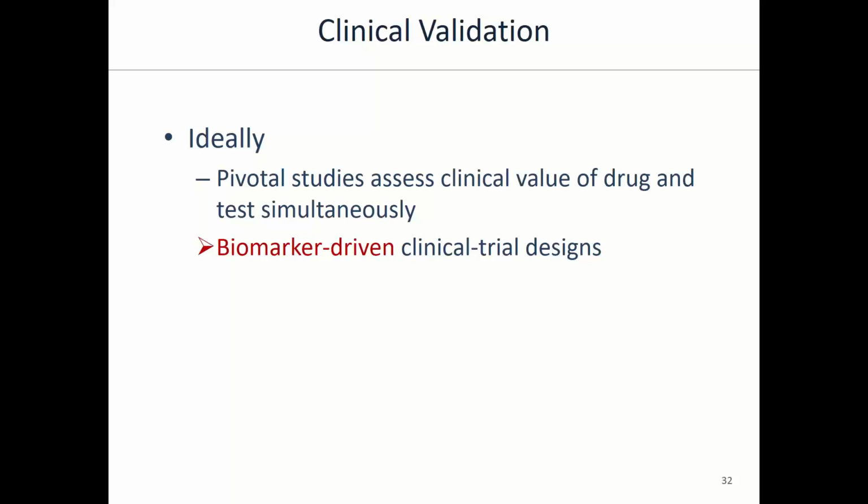A classical trial design will have broader eligibility criteria and see the treatment effect as the average outcome,